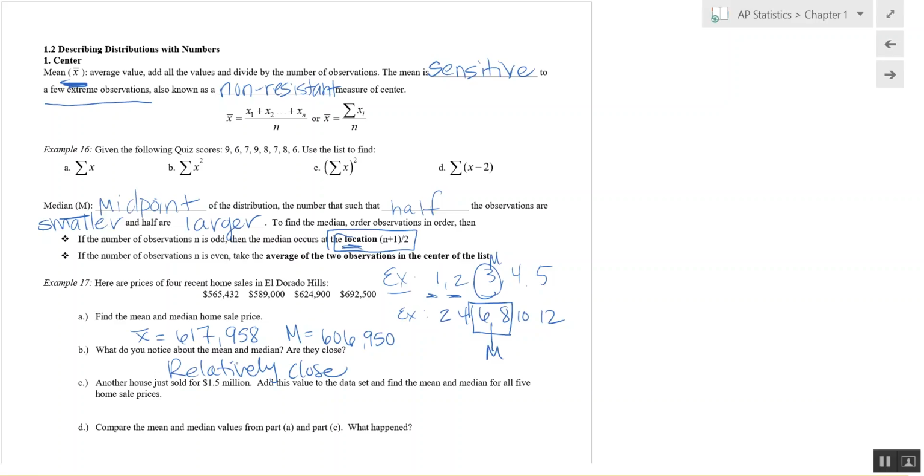Okay. Another house just sold for 1.5 million. Add this value to the data set and find the new mean and median for all 5 home sale prices. So add 1.5 million into your list, so it's the 5th data observation, and then do one variable statistics and find your new x bar and median. Okay, x bar here changes to 794,366.4, and the median is 624,900. The median just bumps up to the next number that we had in the data set because we added